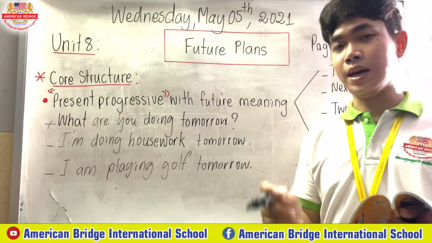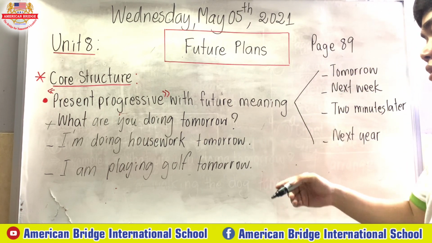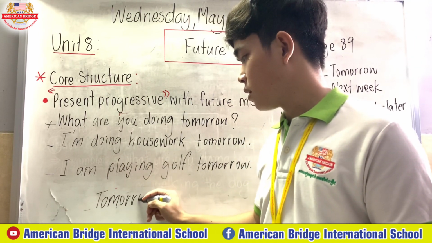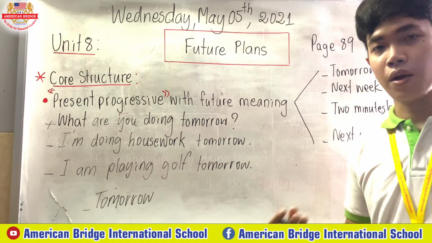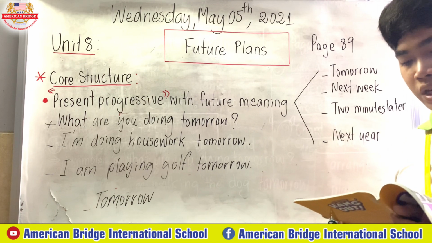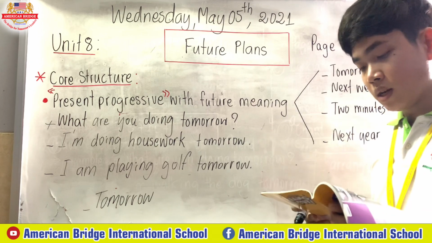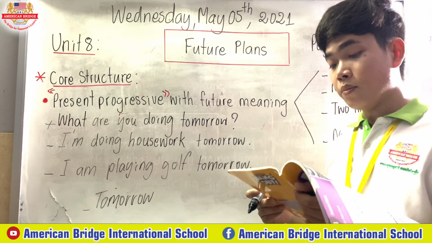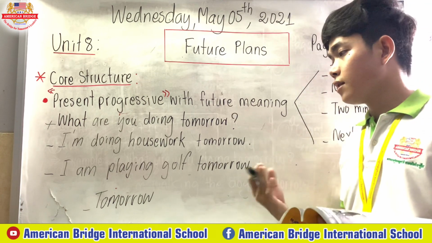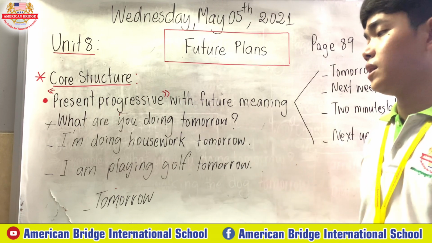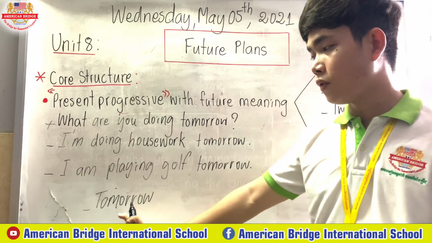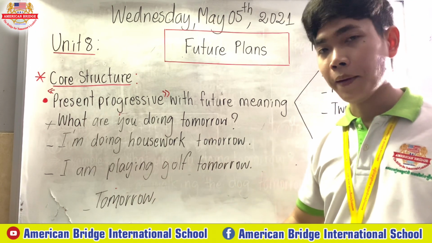Now let's make more sentences. In this sentence, I want to use the word tomorrow in front of the sentence. For example, I use the picture letter, sorry, letter E. As you can see, in the last picture, letter E, they are on a bed, and perhaps they have a sleepover, right? Look carefully. When you want to put the word tomorrow in front of the sentence, you have to put a comma. Okay, tomorrow, comma,